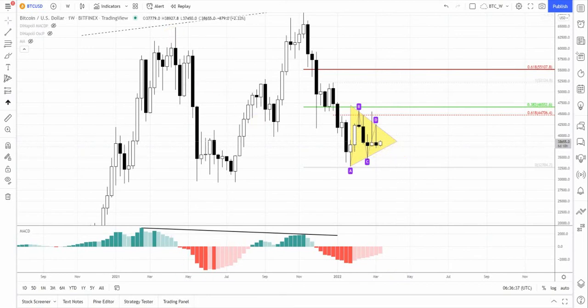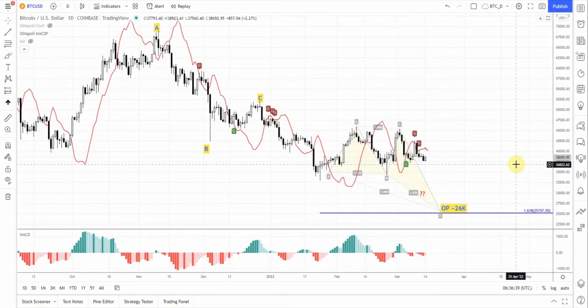On the lower time frame, on the daily, mostly everything stands the same. As you can see, the grabbers that have been formed are still valid. Besides, we have three grabbers in a row actually. This first one, second, this minor is the third one, and all of them suggest a drop below these lows.